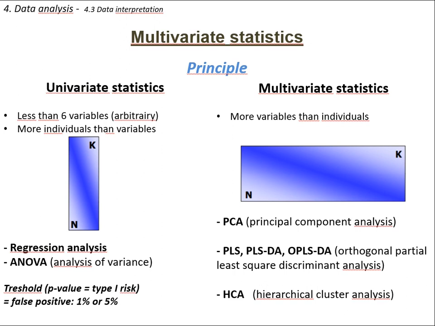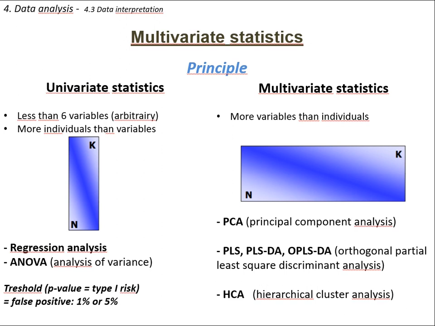We call that type 1 risk, to declare that there is a difference that in fact is due to random distribution. This is the famous p-value. It's a risk of false positive, and you can set a threshold like 1% or 5%. And if the calculated p-value is inferior to this threshold,